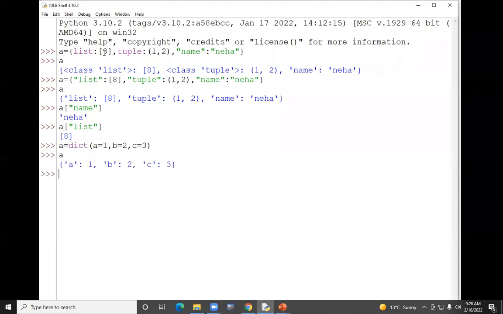Let's check the value of A. The value of A will be A colon 1, B colon 2, C colon 3. That means your values have been converted into one dictionary format. Okay, this is your dictionary format. You can also initialize your values this way. The other way is